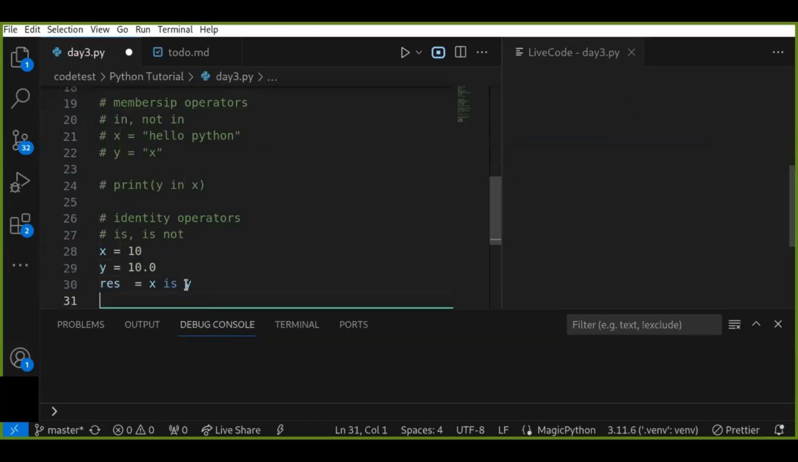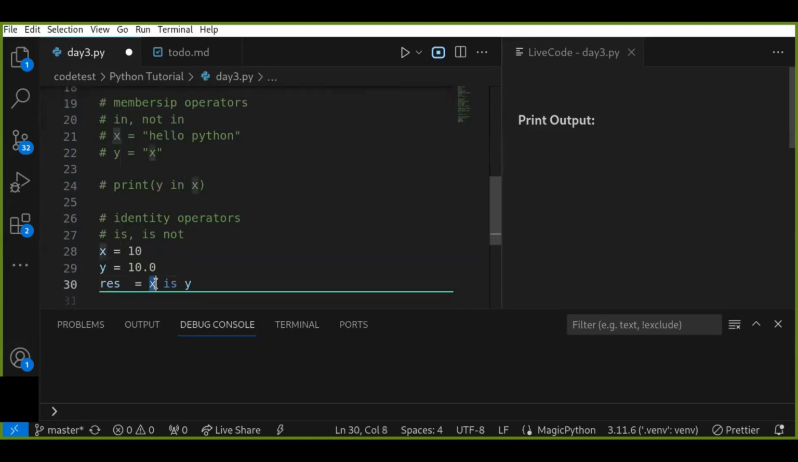Is, in this case, the memory location of X the same as the memory location of Y? If it is true, it just returns true, otherwise false. So in this case, it is evaluated to true if the variables on either side of the operator point to the same object, and false